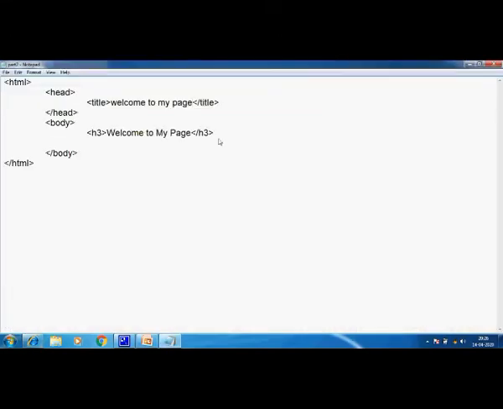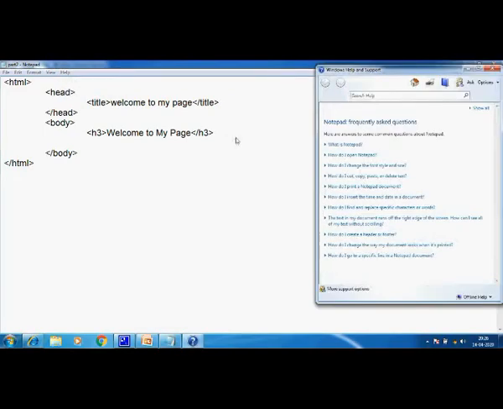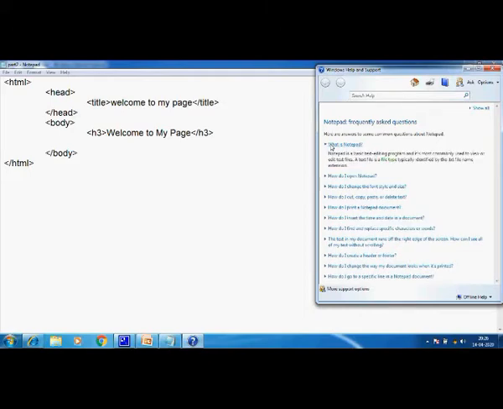Now children, I'll write the body. Okay, so you know, I copy the body from here so that I need not type again and again. My favorite, what is a notepad?